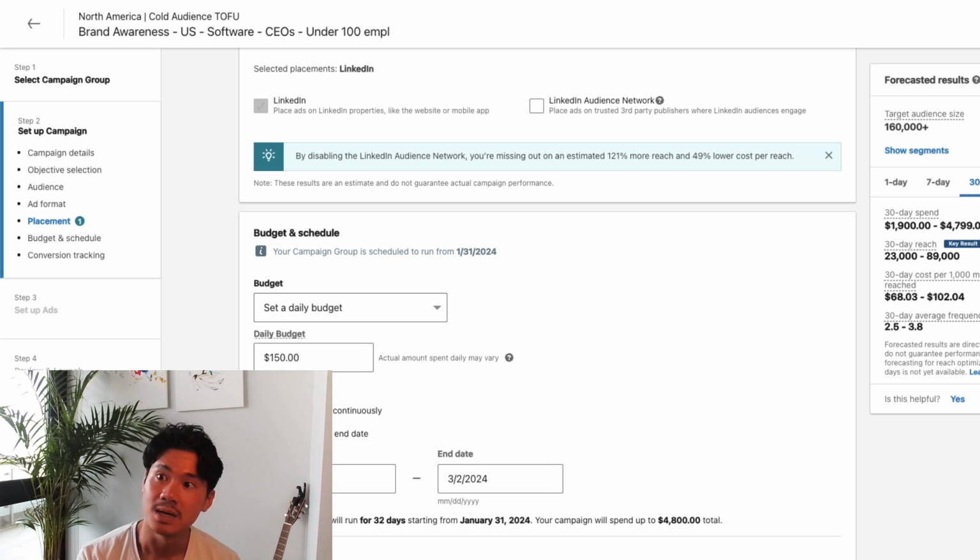But what's going to happen is over the course of time, some of these ads might perform better than the others. So let's say one ad in particular just performs really, really well. One ad performs kind of average and one ad just kind of sucks. So LinkedIn should be able to understand this and then allocate more spend towards the ad that's performing really well automatically, and then reduce the spend on the ad that's performing really poorly without you needing to do anything. And this is something that we can be appreciative of because LinkedIn is smart enough to be able to understand where the ad dollars really should be going.